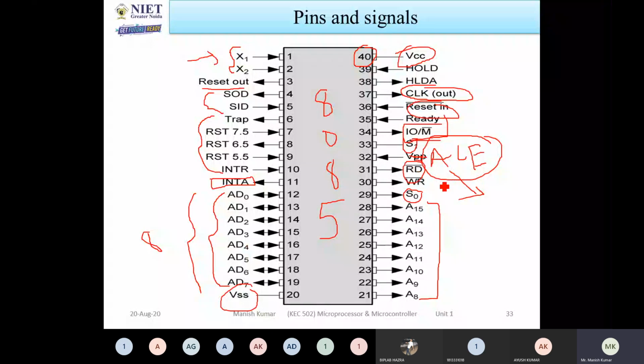See that in these pins, 2 types of pins are there. Sorry, 3 types of pins are there. One is bidirectional. One is outward, another is inward. Inward means you are giving information to the processor. Outward means the processor will give commands to other devices, and bidirectional means either this pin will get the data from another device or you can send the data from this device. So details we will discuss in the next class.